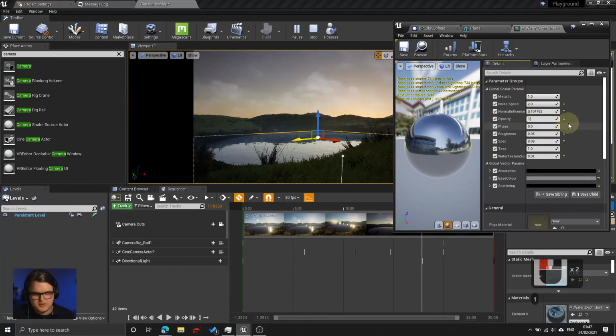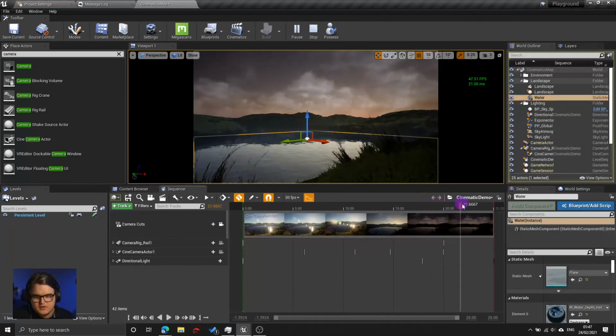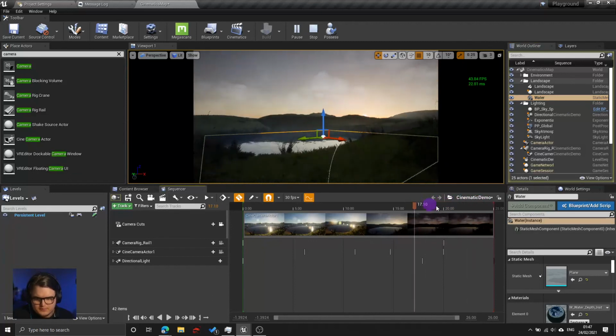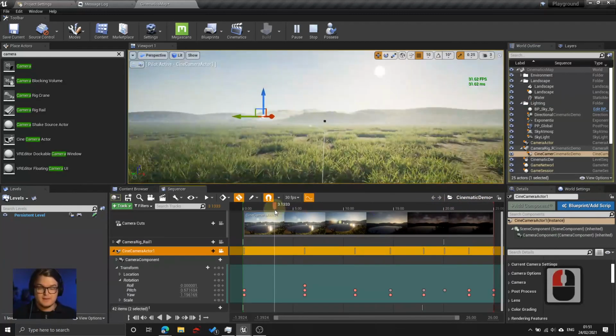So I'm just going to set the opacity at 1, which means that the water will be a perfect mirror, and we will not have those fog refraction issues, or whatever's going on with the fog over there. I will now render this out